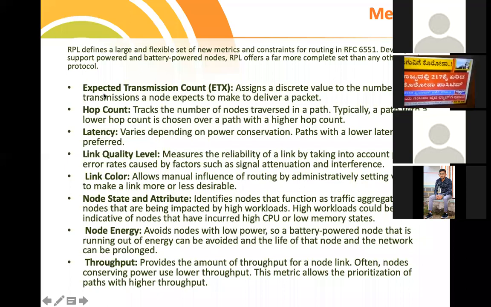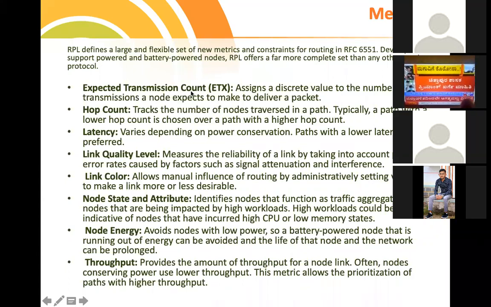One is ETX, expected transmission count. This is a value, the number of transmissions a node expects to make to deliver a packet. So how many packets are delivered from source to destination? That is expected transmission count.